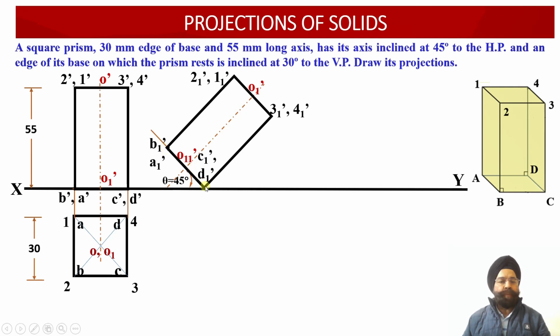4 points corresponding to the base, 4 points corresponding to the top face, plus 2 axis points. So we are going to have 10 points in the front view projections corresponding to the square prism. So from all these 10 points, that is 5 points corresponding to the base, 5 points corresponding to the top face. Now from all these 10 points, we are going to look at the solid from the top, and now